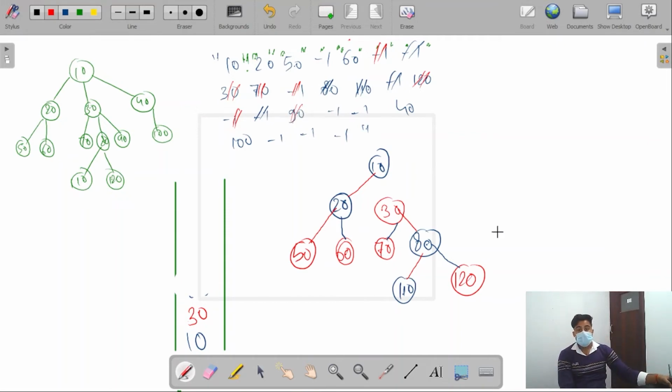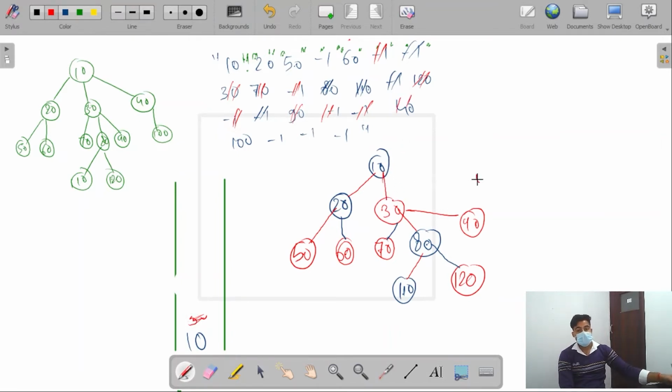Now this 90, create a node, add it to the stack. This -1, remove it from the stack and update its link with the top of the stack, that is this 30. Let me remove it. Now the -1 again. The moment I get this -1 again, my flow reaches this 10. Why? Because at the top of the stack there is 30, which is successfully removed, so this link gets updated.